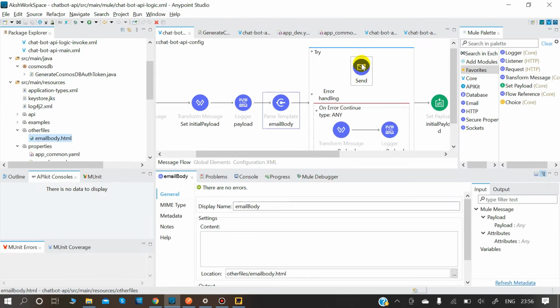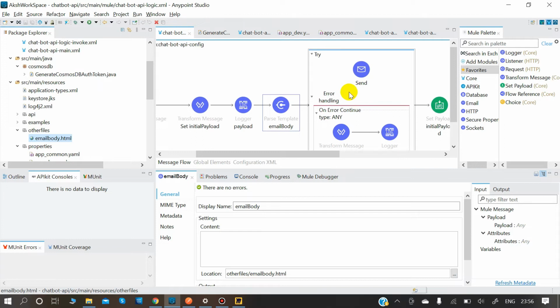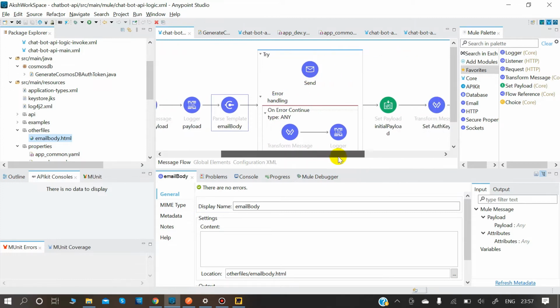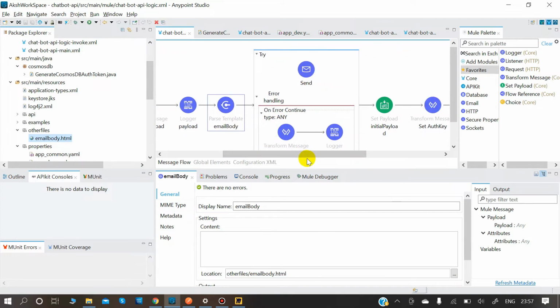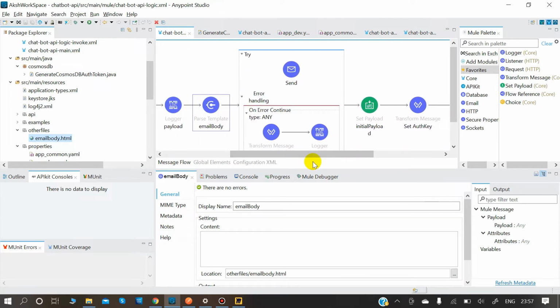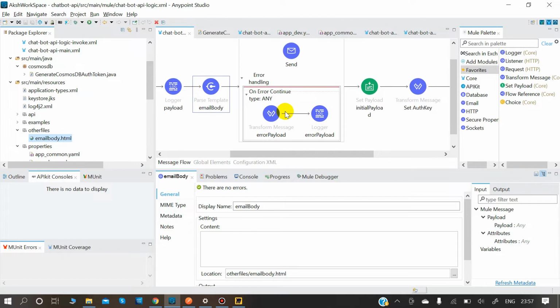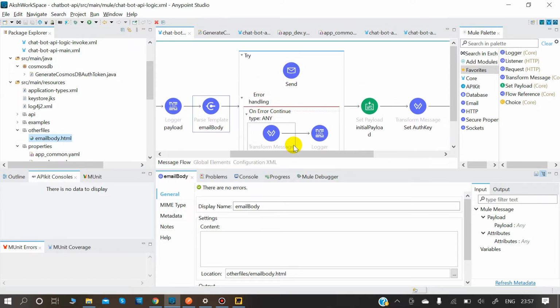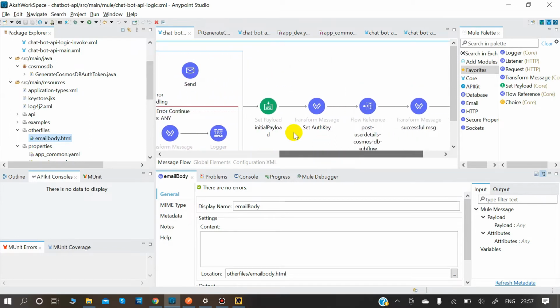As you all can see, I have implemented a try catch block here, so that if the email gives an error, it should not stop our application, but it should move ahead and store the data into Cosmos DB. There are times when the email app doesn't work properly, or due to some issue it may give us an error, but because of that we don't want that data to be lost. That's why I am handling it using a try catch block.